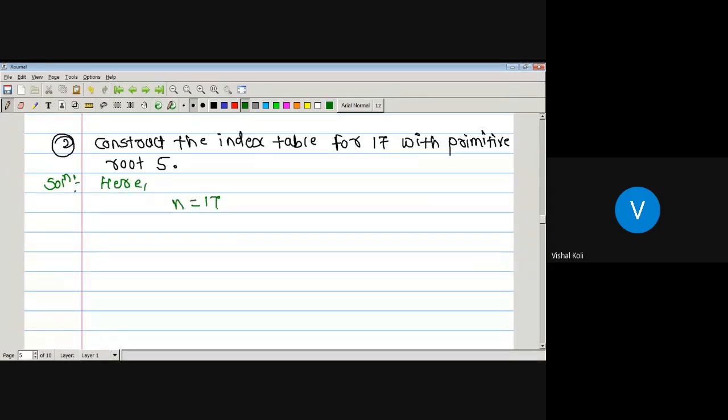Here n is equal to 17 and the primitive root r is equal to 5. As n is equal to 17, which is prime, φ(17) is 16. म्हणजे तुम्हाला इथं 5 ची पॉवर कुठपर्यंत मिळेल, 16 पर्यंत मिळेल. 5 to the power 16 हा तुम्हाला congruent होईल 1 modulo 17. त्याच्या अगोदर तो कुठेही 1 होणार नाही कारण दिलंयच की आपल्याला 5 primitive root आहे. Primitive root असेल तर 16 ही 5 ची ऑर्डर असेल.